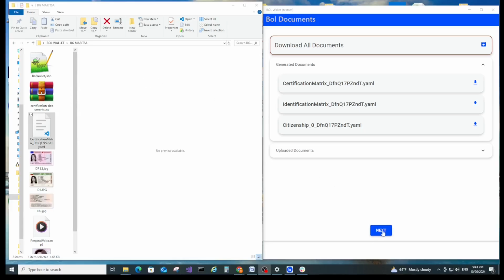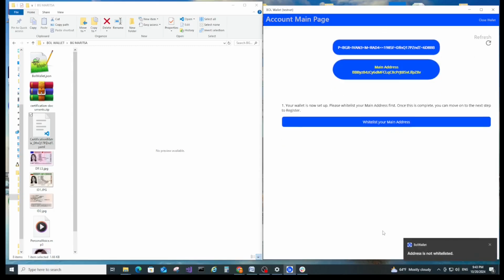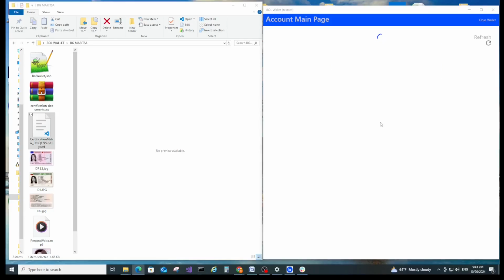This page of the application allows us to publish our main address on the BOL blockchain. The publication of the address can only be done by a recognized certifier. By pressing the button "Whitelist your main address," we are transferred to the next external page for publishing our main